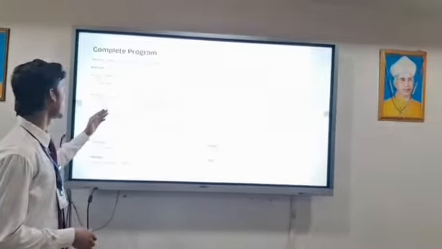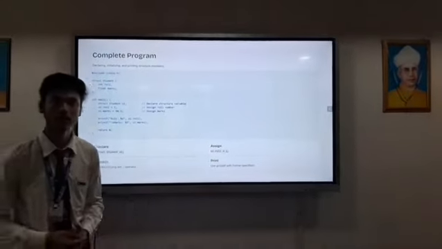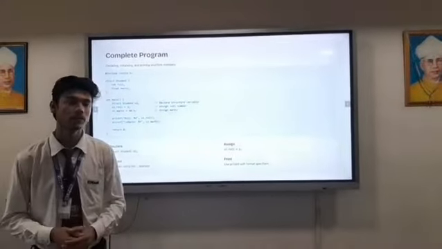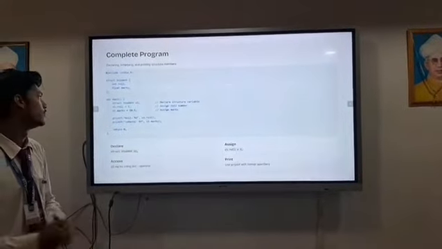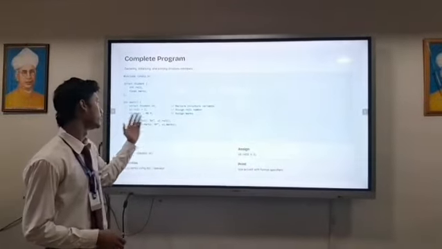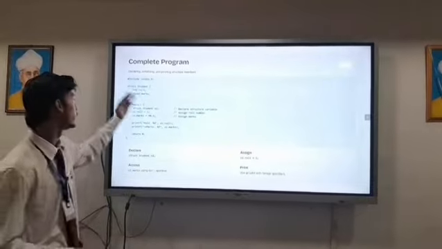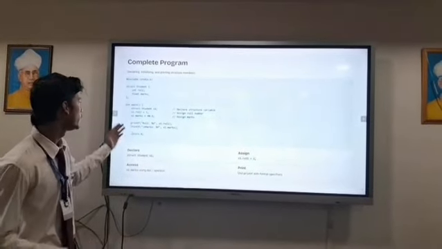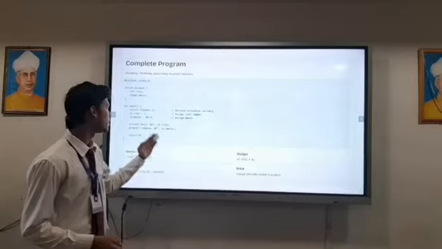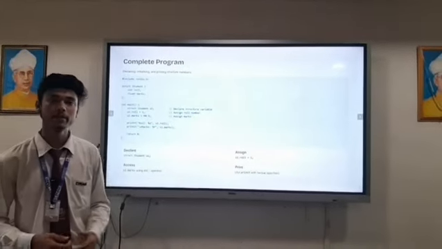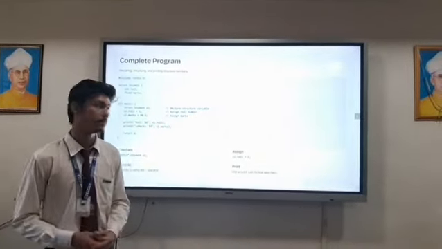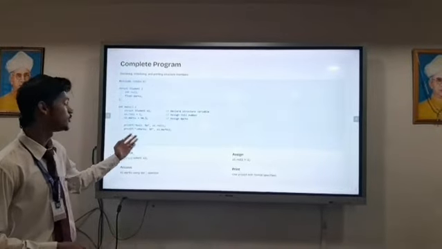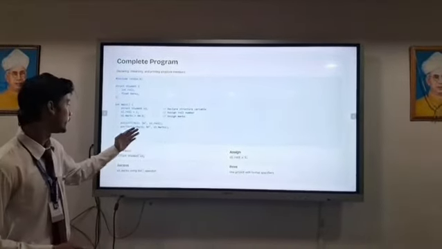So s1.roll, and the dot is an operator. Dot is an operator which is used to store values or assign a value. s1.marks, so it will store marks in float as I have assigned here float, and it will print the roll number and percentage. %d is used to print the value in integer data type, and printf \n is for new line, and it will print the marks in float.